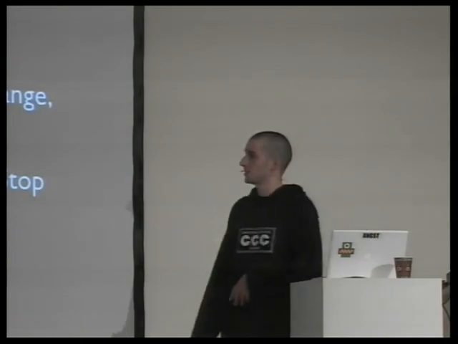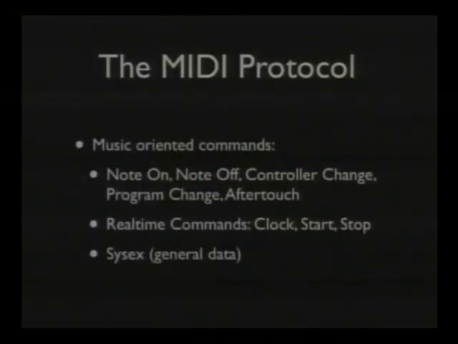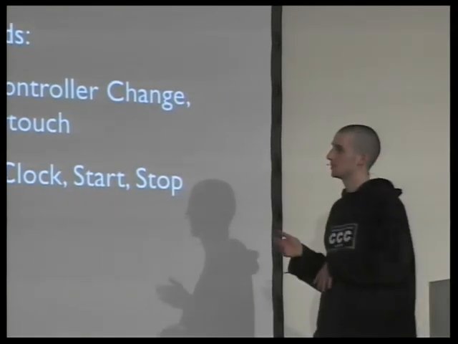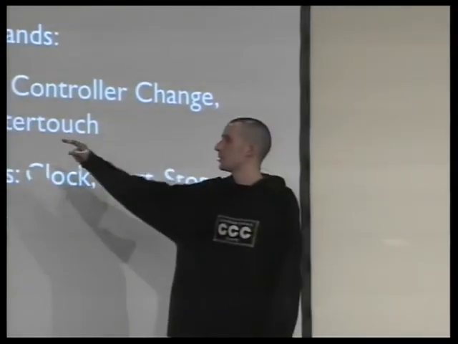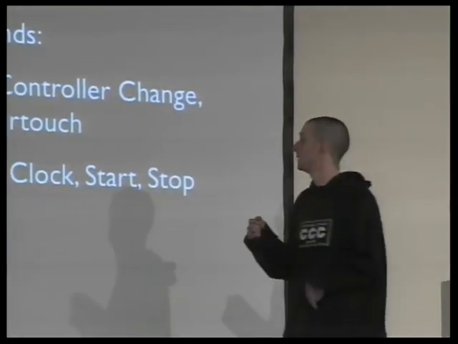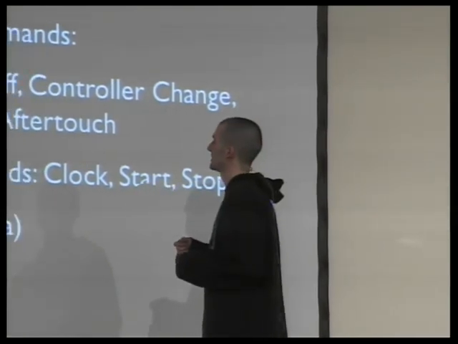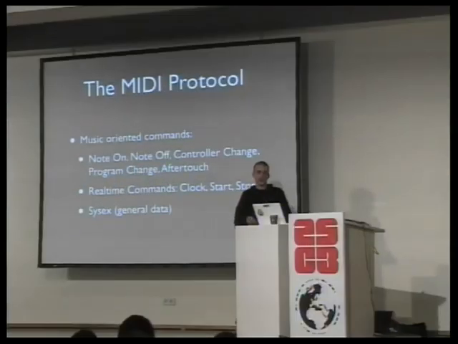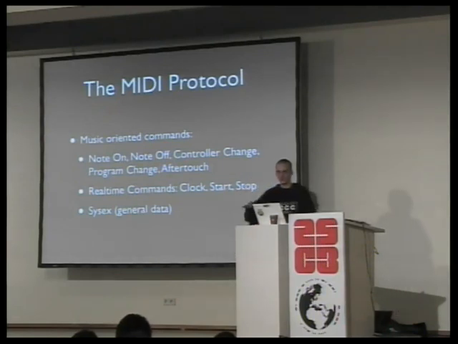So those are the commands you have for music. You can send note on. That's, for example, when you press a key on a keyboard, it's going to send a note on, and when you release the key, it's going to send a note off. And you can use controller change messages if you turn a knob, for example. It sends just a value from 0 to 127. Then you can use program changes to, for example, change the sound on a synthesizer or to load a new track, maybe. That's kind of manufacturer specific as well. You have weirder messages like aftertouch, which is used on touch-sensitive instruments or keyboards, so you can press the key and then continue to press it, and it will send the information.